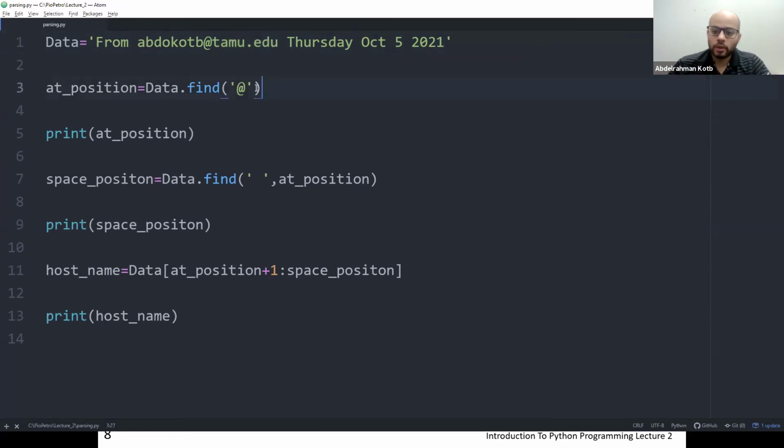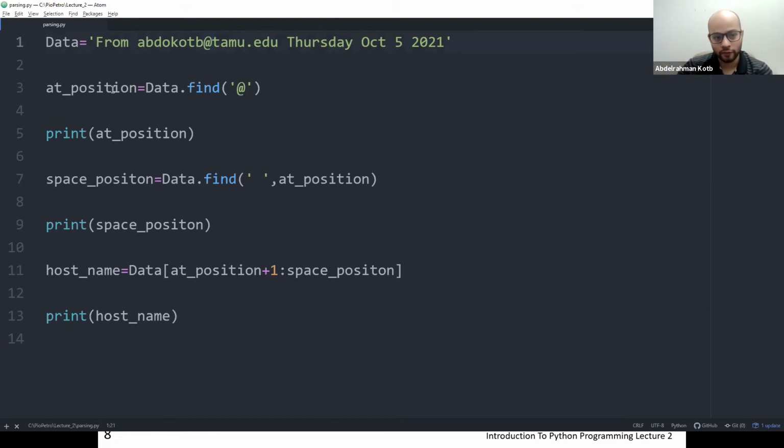From my knowledge, I know that every single email has a from person, the email, the date, October 5th, then the day, and then the year. So month, day, year. If I want to get the host name, I can look for the @, because I know from my domain knowledge that there's only one @ and it's going to be at the host name.